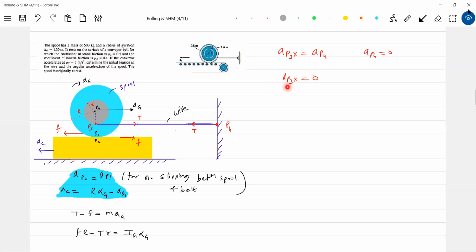So aP3x. What is aP3x? We can write it as aG minus R alpha G. Solve it. If you get negative, change the direction. And we assume no slipping, now calculate friction. Friction should be less than the limiting friction. What is the limiting friction? Mu s N. What is the normal reaction? So 500 kg as given. Check it now. Fs equal to